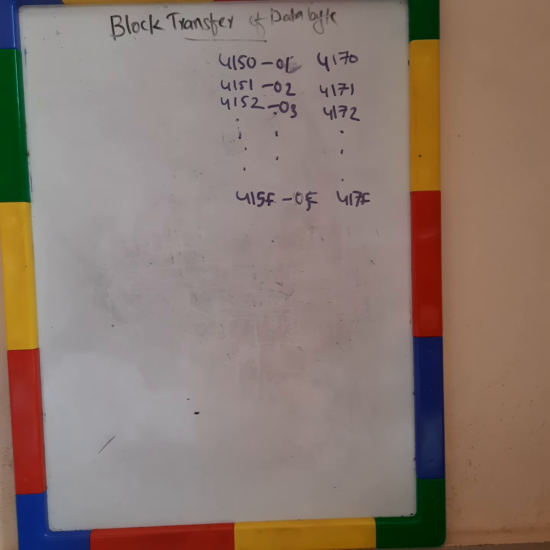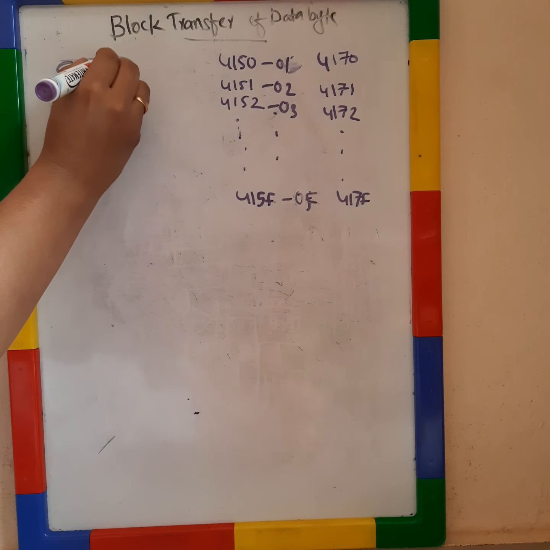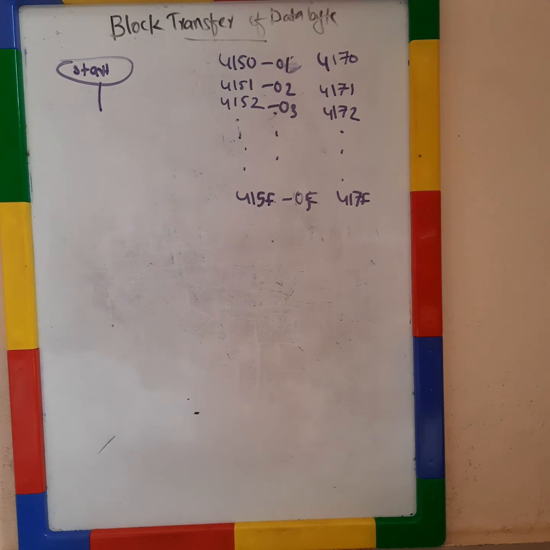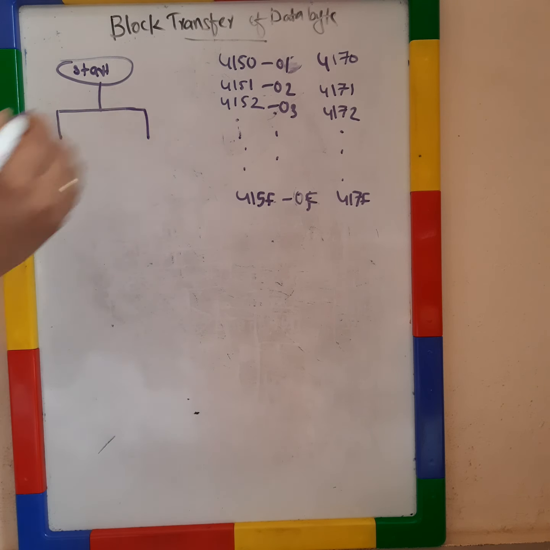Okay, first we will draw the flow chart, and the first step is we have to draw start. After start, an 8-bit data of 10H we will store into the register, because now the data count we have to